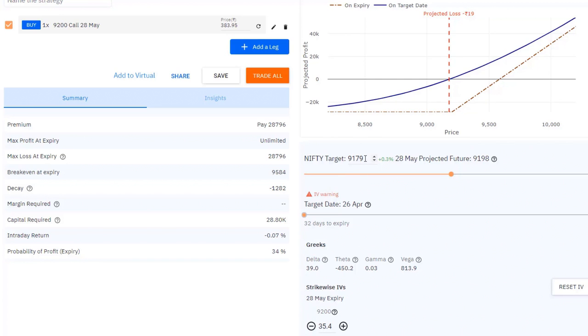Let's see that, right? So if I change this to 9199, or let's just do round numbers, 9200, you get 800 rupees, right? So that's 20 points. Whereas if IV goes up 1 point, you make as much. So this invisible little thing called IV is actually affecting your portfolio by a full 20 point move in Nifty, right? And so this makes it very important that you pay attention to IV, especially when it comes to far away options, because the Vega or the effect of IV on the P&L, which is this number, is very high for far away options. So if you are trading far away options, you have to be very careful about IV.